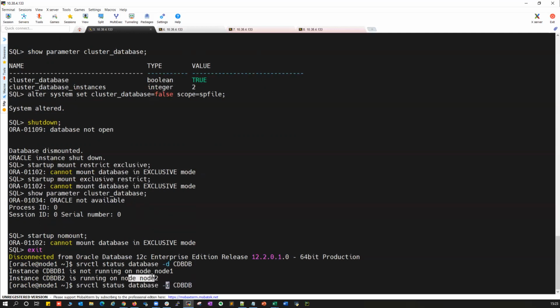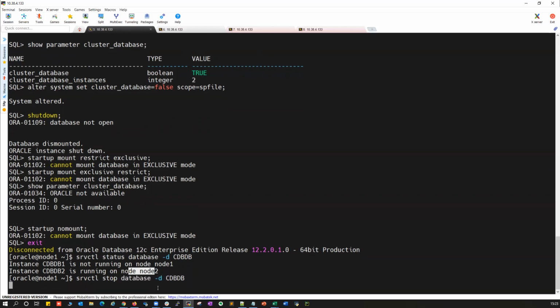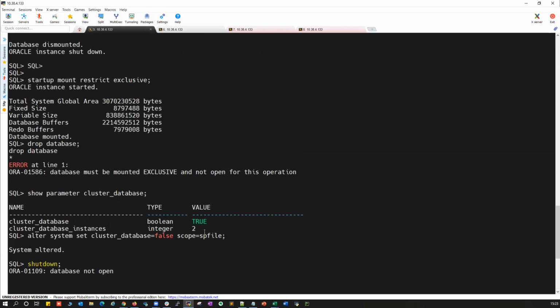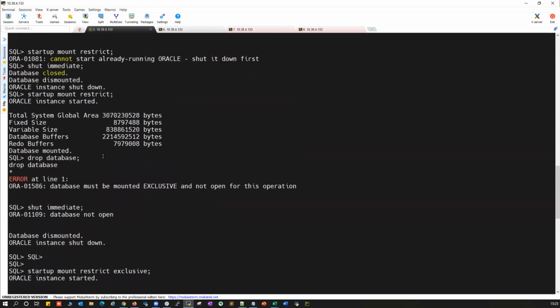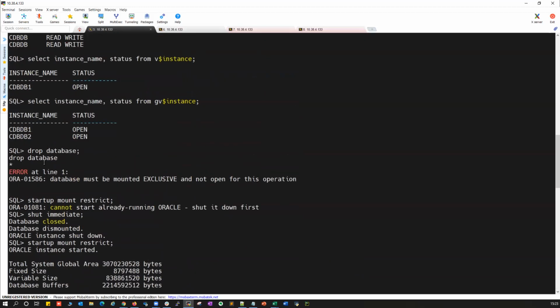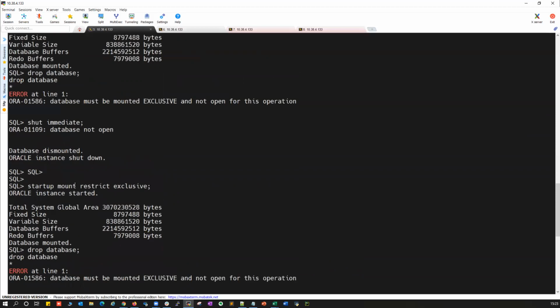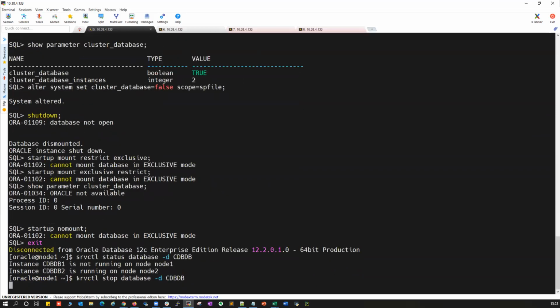So I'm going to stop my database here. Your second instance started automatically: the moment you shut down here and did a startup mount restrict, your other instance got started.